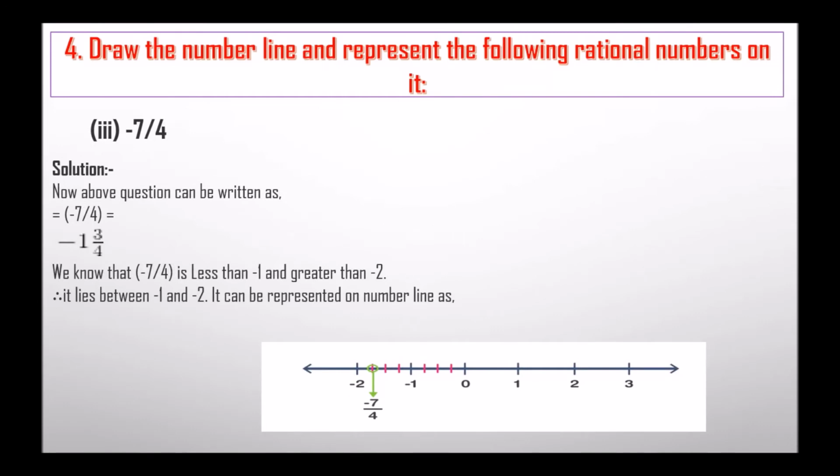Minus 7 upon 4. Minus 7 upon 4 equals minus 1 and 3 by 4. We know that minus 7 upon 4 is less than minus 1 and greater than minus 2. Therefore, it lies between minus 1 and minus 2. It can be represented on number line as